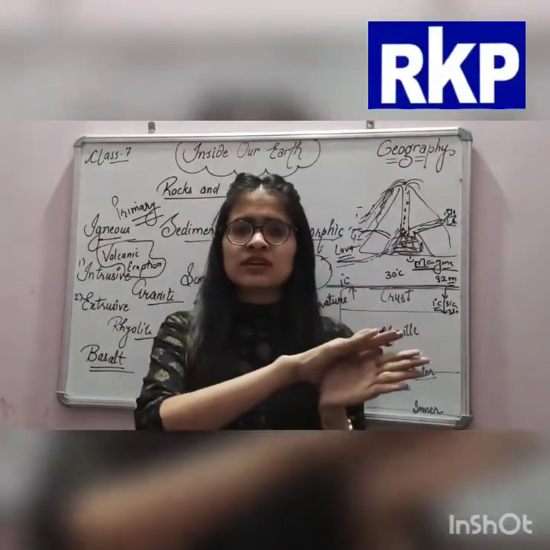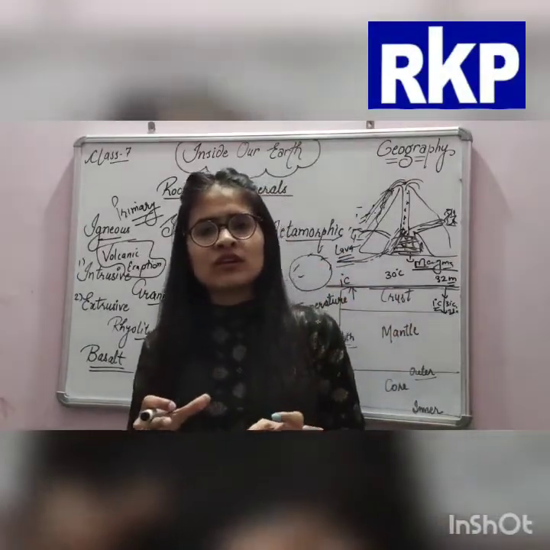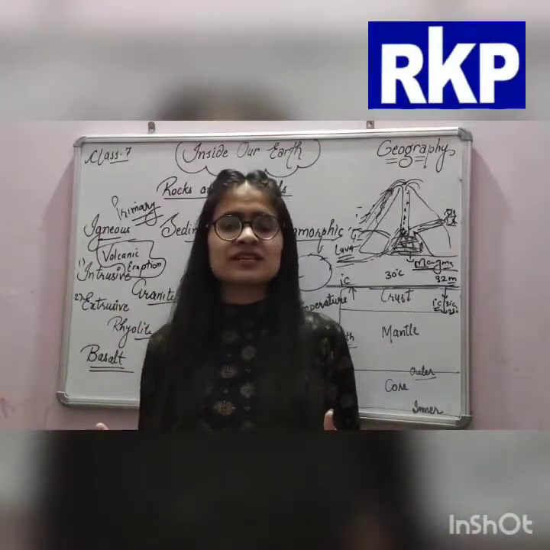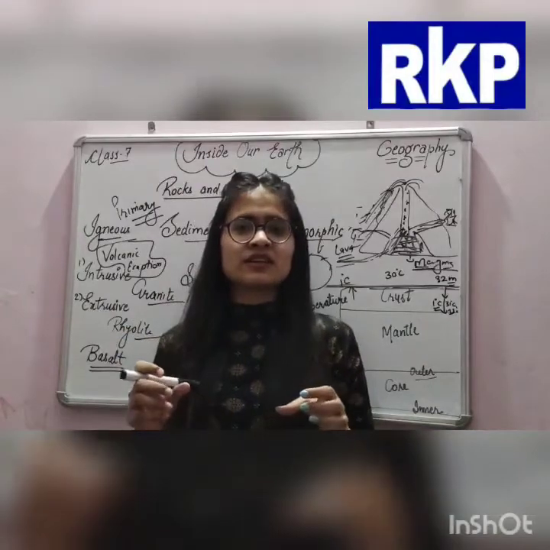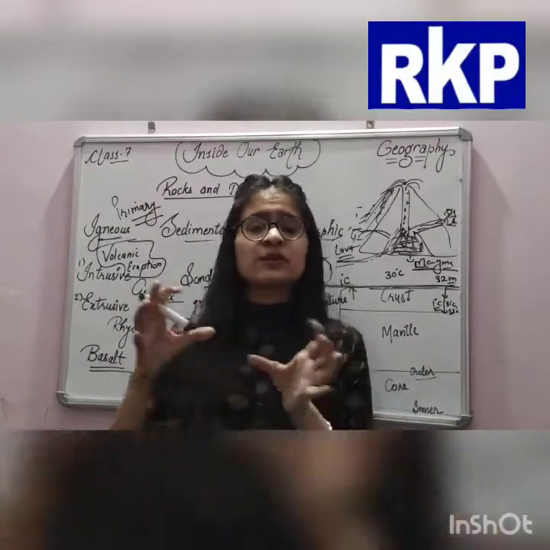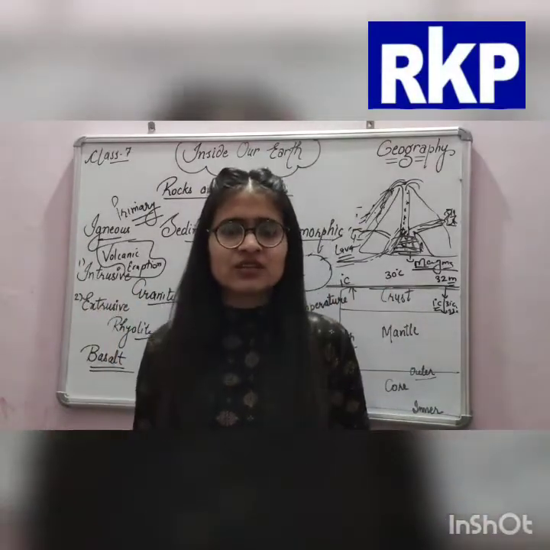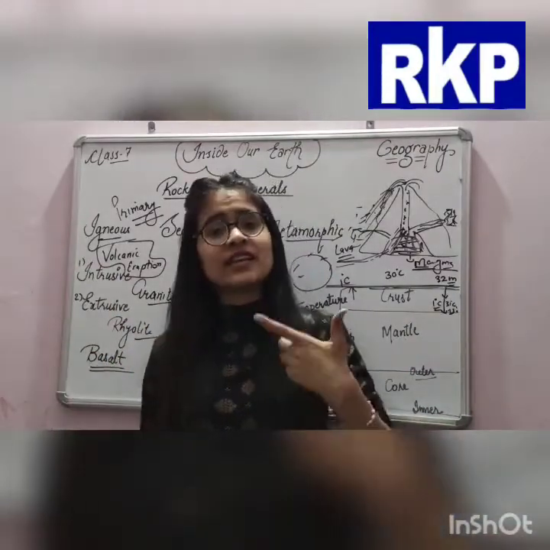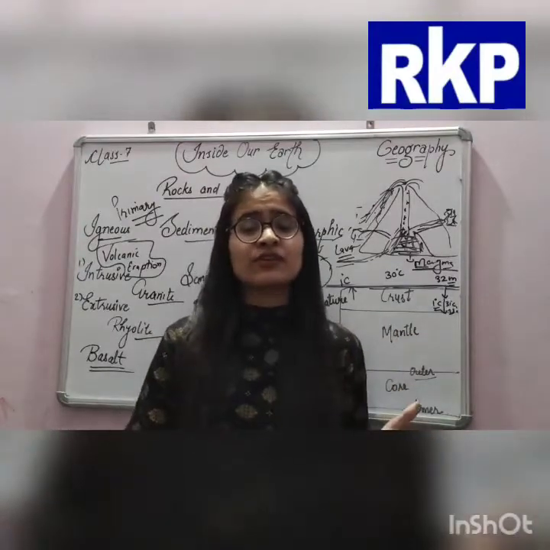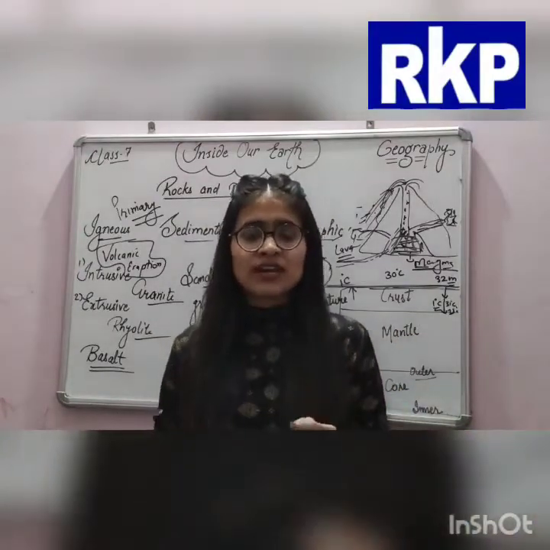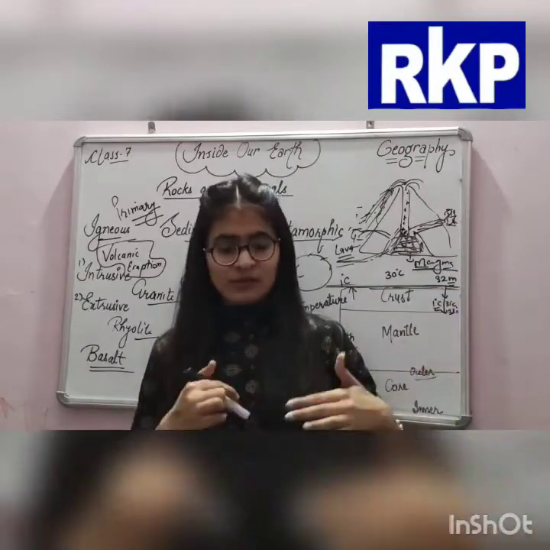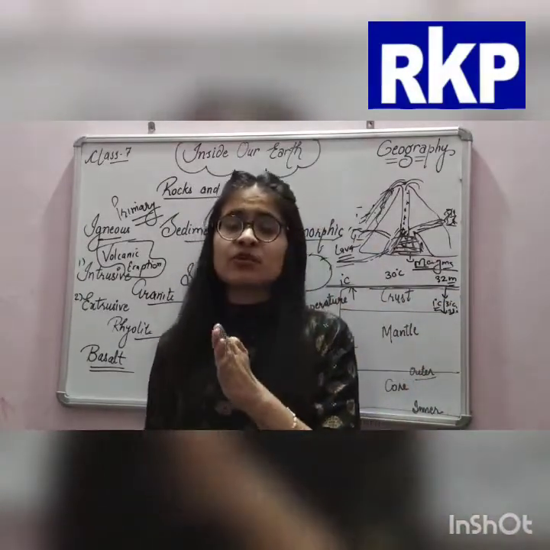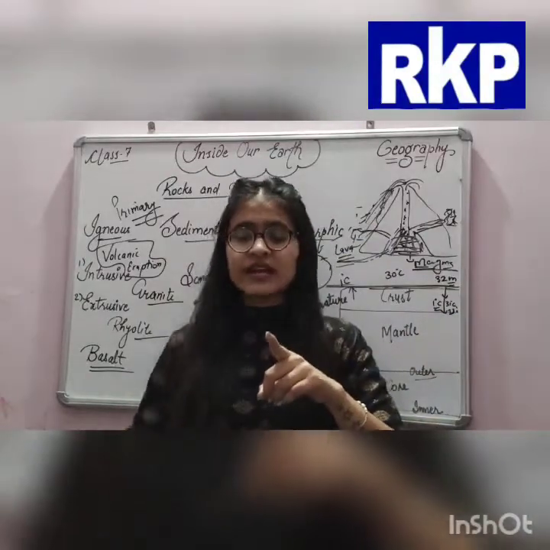But these rocks, when they roll down, crack and hit each other, are broken down into pieces, and when these sediments are deposited by natural factors at one place and become solid, then sedimentary rocks are formed. These were only molten lava, then igneous rocks, then sedimentary rocks were made from igneous rocks, and after that